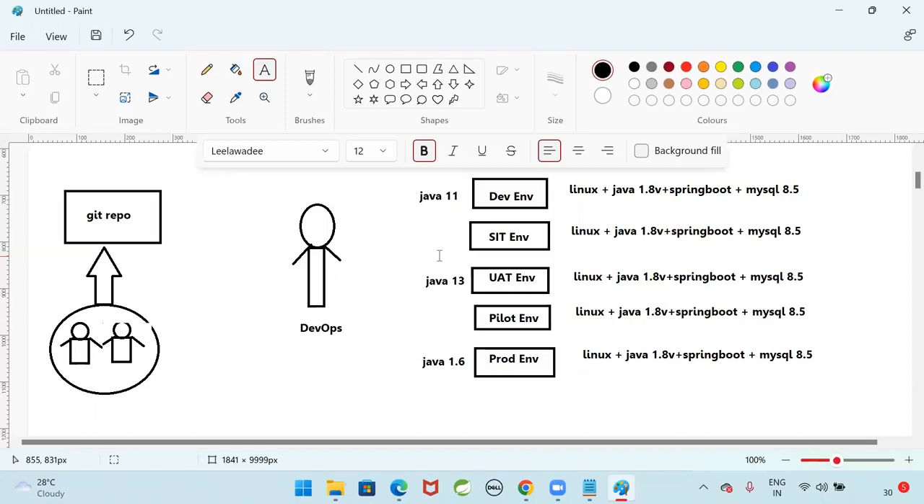So the production environment is nothing but the live environment. When we go for prod, public users can access our application. Now here, if you see,